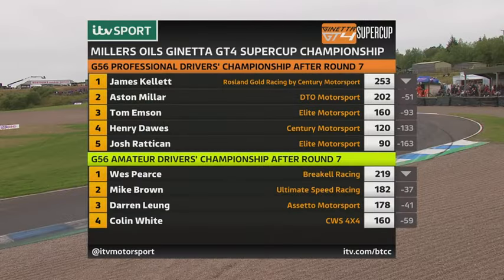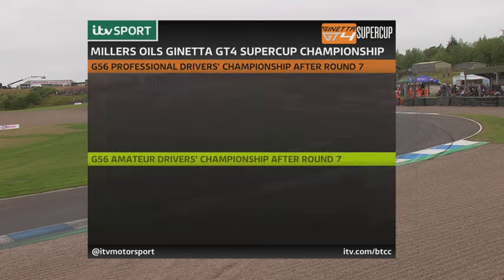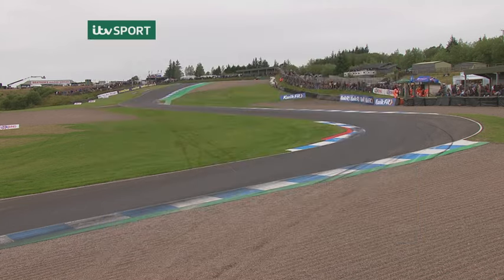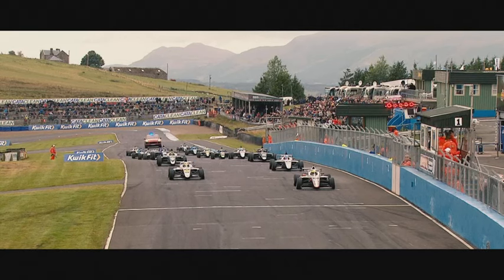James Kellett extends his winning run and his championship lead. 51 points clear now over Aston Miller. Tom Empson in third from Henry Dawes and Josh Rattican. In the 56 Amateur Drivers' Championship, it's Wes Pearce still leading from Mike Brown and Darren Leung, with Colin White in 4th place. Then on to the G55s, Luke Reed with a 47-point advantage over Blake Anglis and James Taylor. In the 55 Amateurs, Ian Duggan heading Daniel Morris and James Townsend. Very sadly, that's the